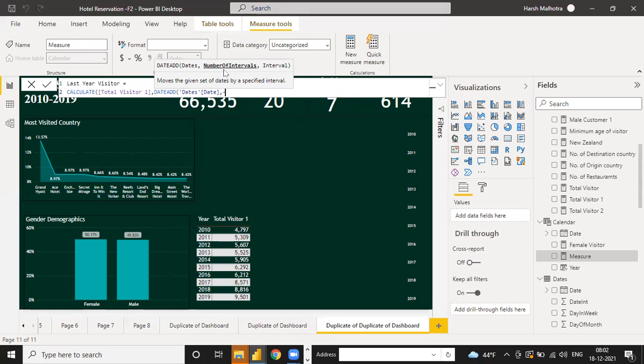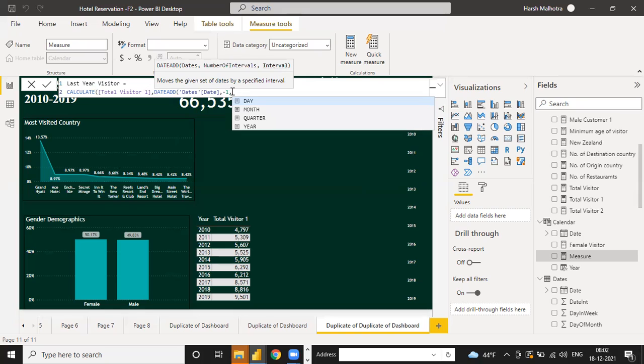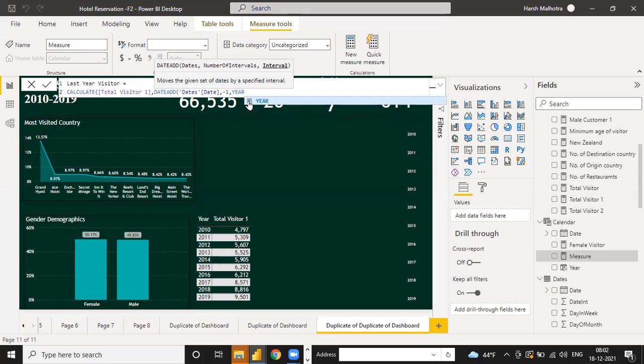But same period of last year does not ask you for the condition. It just provides the condition from your data. Suppose you have 2010 data, it automatically goes to 2009 and makes the changes for the same days that we have in 2010. This function gives you the number of interval. Suppose you need -1, meaning last year, and then you choose from day, month, quarter, and year. So you can change this function in four ways: last day, last month, last quarter, and last year. Right now I'm using year, so I'm selecting year.